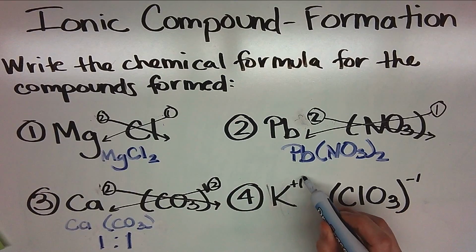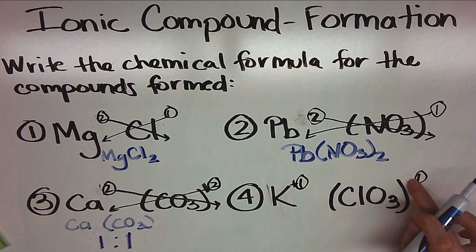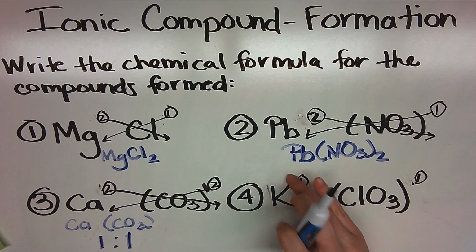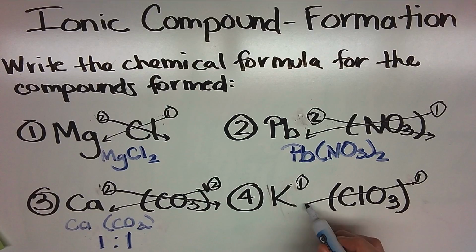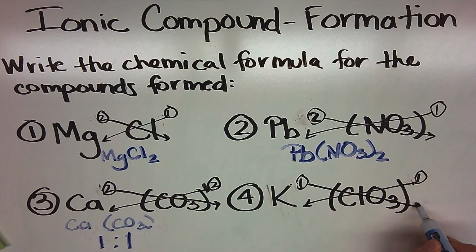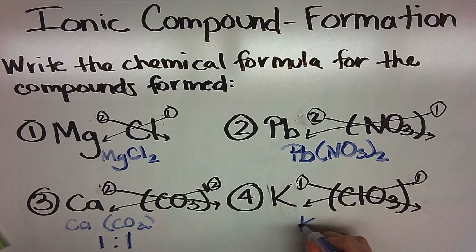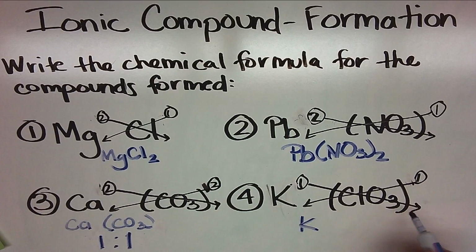So circle the numbers, drop the charges, and crisscross. So when I write this compound, I have 1 potassium, so I'm just going to write its symbol, and 1